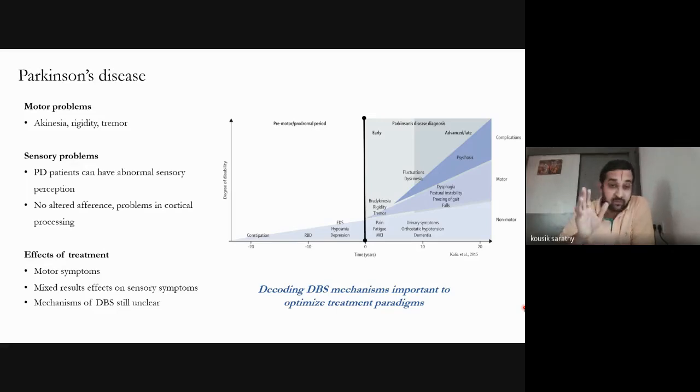The confirmatory, of course, is a DAT SPECT, dopamine transmitter SPECT image. But there have been cases where patients have been on PD medication for several years, and the DAT SPECT was anyway negative. And I've even heard cases of where DAT SPECT was negative up to 12 years. And the patients have been on PD treatment, and then they show up as a PD patient with a confirmatory test. So it's going to be pretty tricky to diagnose this. Some of the symptoms are very similar to other movement disorders also.